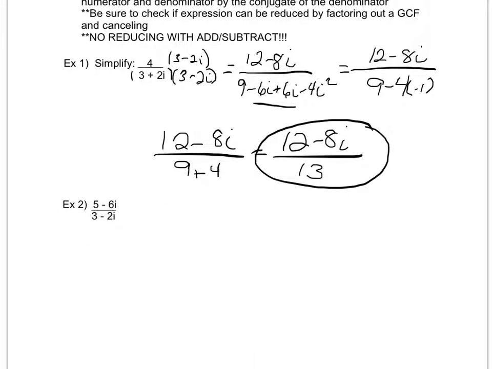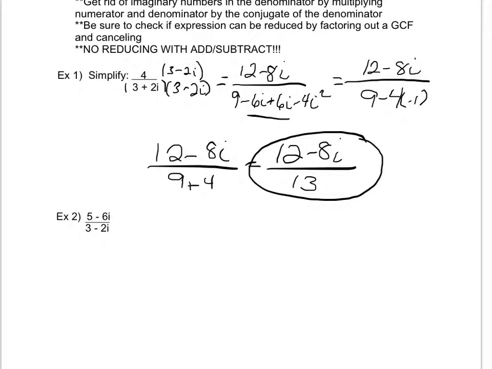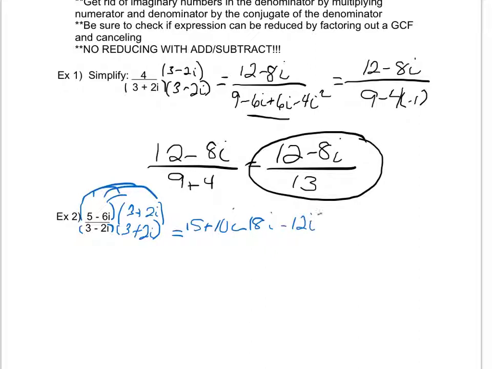On example 2, once again, I notice that I have an imaginary number in my denominator. I want to get rid of that. Because it's a binomial, I'm going to multiply by the conjugate. So the conjugate of my denominator will be 3 plus 2i, and I'll do the same on top, 3 plus 2i. And then on top, I'm going to go ahead and FOIL that. So I get 15 plus 10i minus 18i minus 12i squared all over,